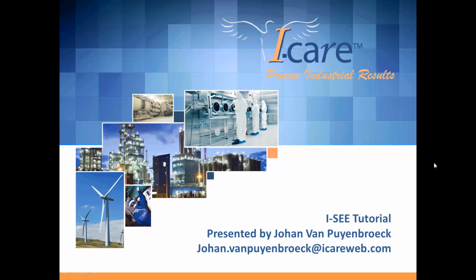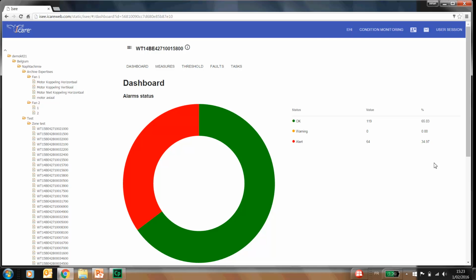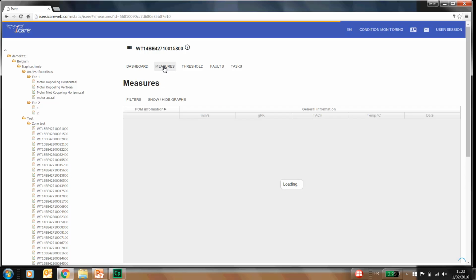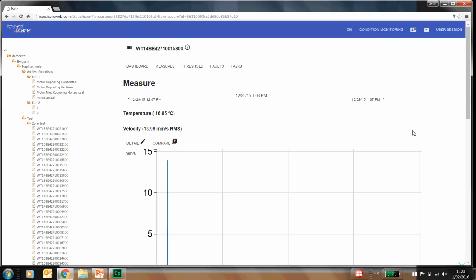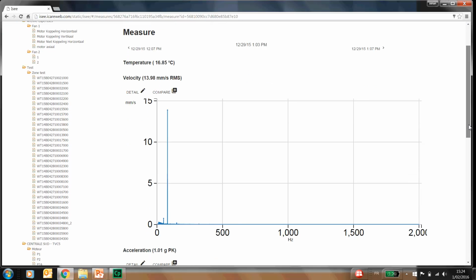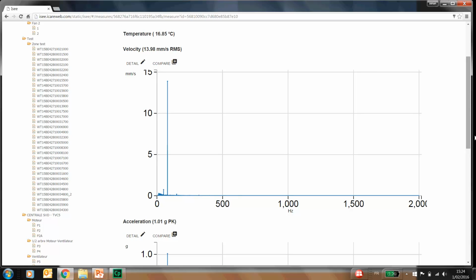Hello, in this video tutorial we will show you the spectrum analysis tools inside the IC software. So go to the IC software, and in the main screen on the left side you have your tree structure. Select the point of interest, select measurements, select the measurement you want to analyze, and automatically you will see the measurement in velocity spectrum, acceleration spectrum and the waveform. For example, if you want to analyze the velocity spectrum more in detail, click Detail,